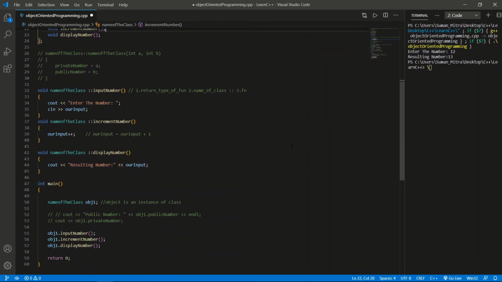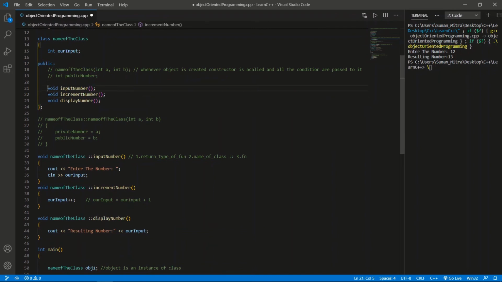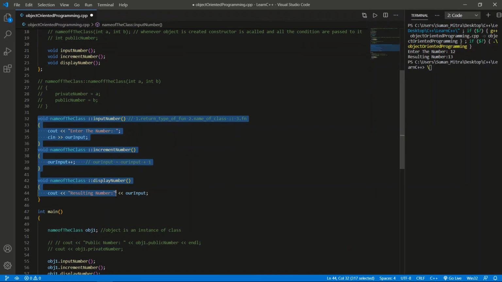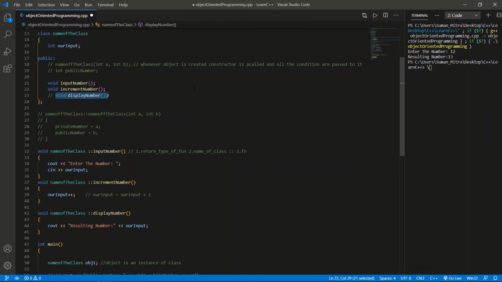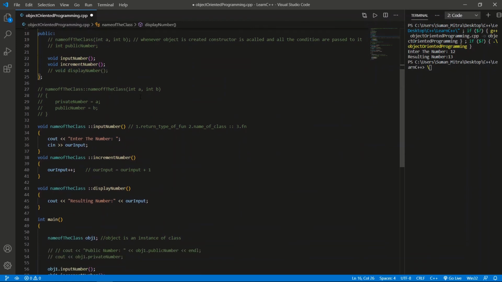Okay, I hope you got the concept of function. Everything is clear now, how we can declare a function and just give the prototype inside the public and do the everything outside the class. Okay, we can put here private. Suppose you write the display number inside the private, you can just copy it, comment out here, and if you put this inside the private, I said everything is private before public, and if you run this,